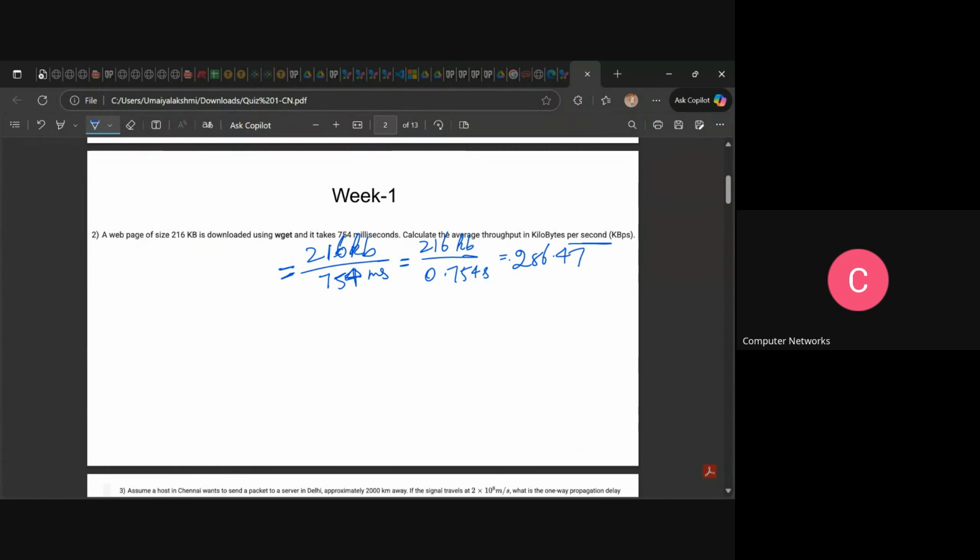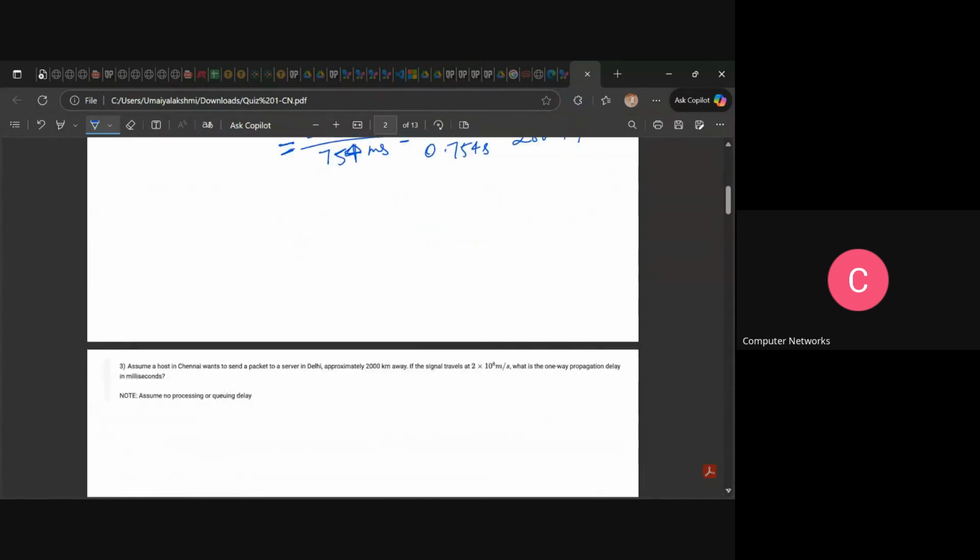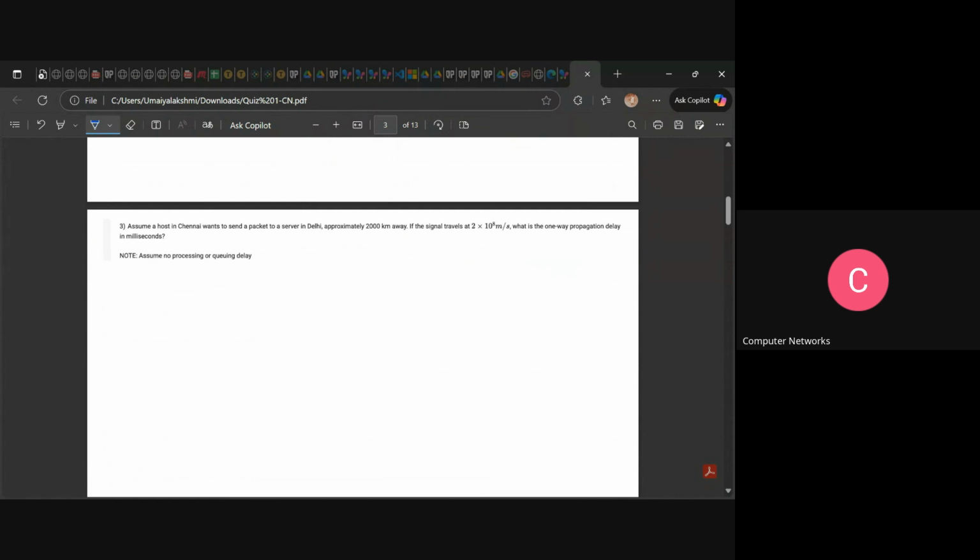Can you understand this, people? Yes. Okay, so shall we go ahead with the next question? Yep. It is mentioned that assume a host in Chennai wants to send a packet to a server in Delhi, approximately